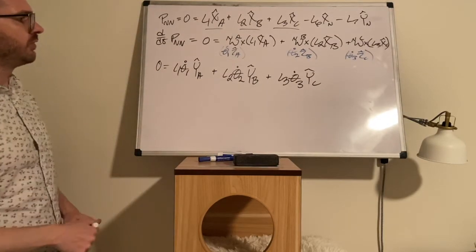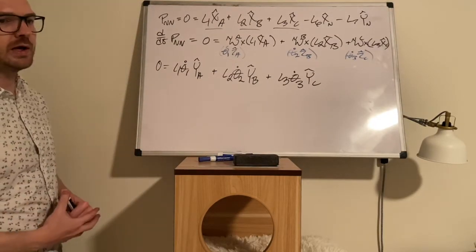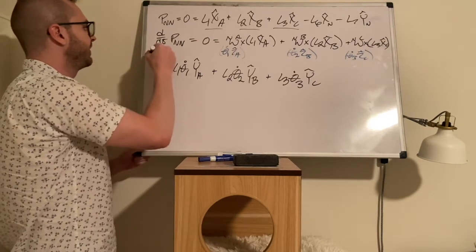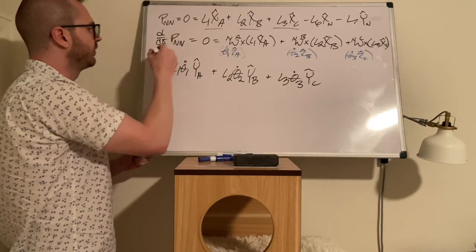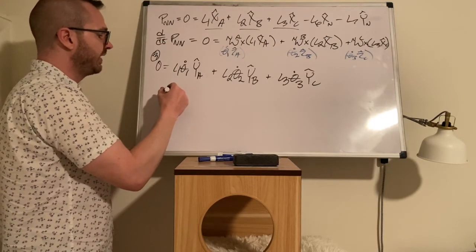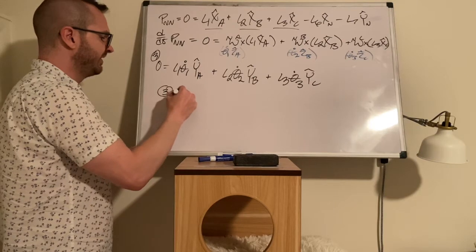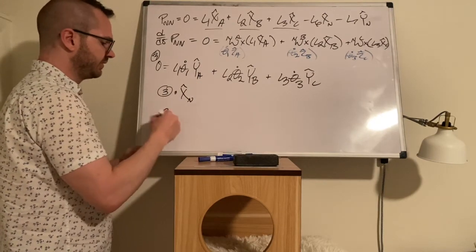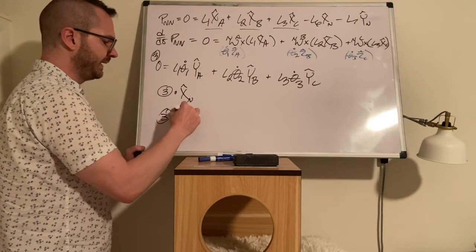Okay, so what can we do at this point? At this point, we can do dot products. So if I call this one, let's say this is equation, let's see, we have 1 and 2. Okay, so we're looking at equation 3. So if we take equation 3 and we dot it with x hat N, and if we take equation 3 and we dot it with y hat N,